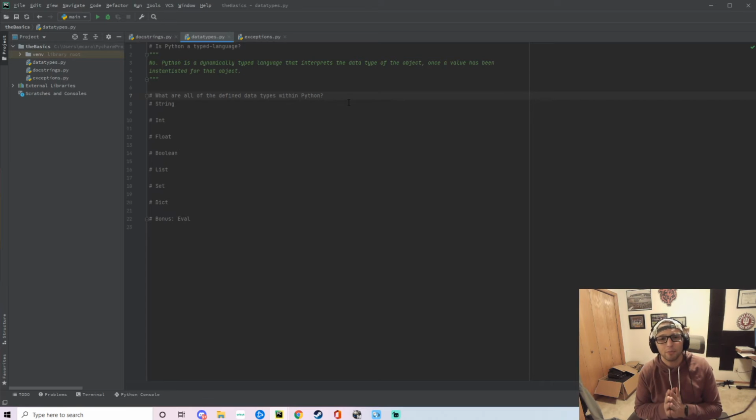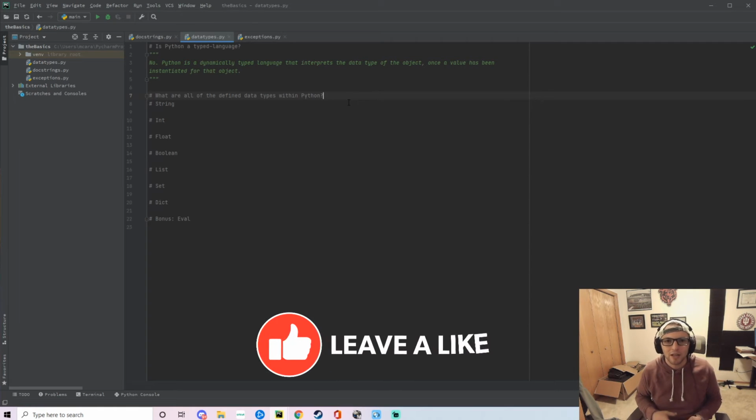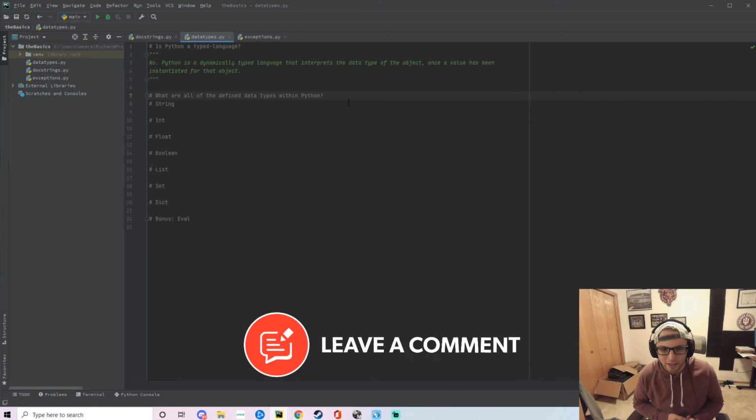So for our examples down below, I have all of the different data types inside of Python. You have your standard string, int, float, boolean, list, set, dict, and then I have a bonus one that I'll save until the very end here. There are a plethora of other data types. These are the core data types. I think I'm leaving out tuple, but to each their own. I'm not going to cover it. If you want to look it up more, that's totally fine. But for the purposes of keeping this concise, not trying to beat a dead horse here, let's go ahead and do a quick couple examples of what these data types look like.